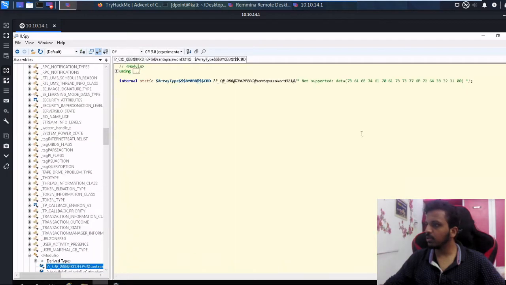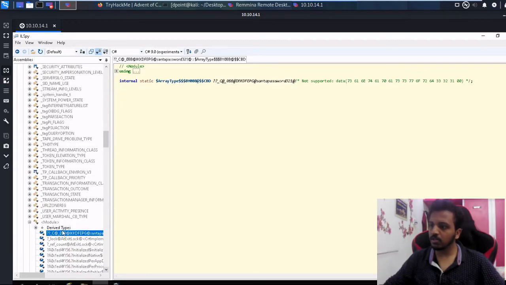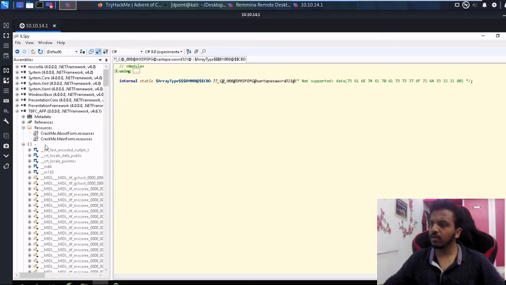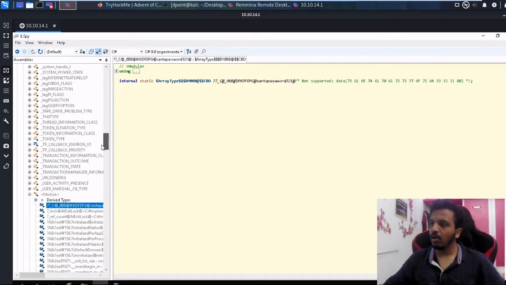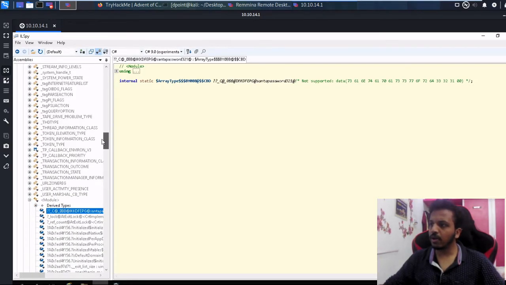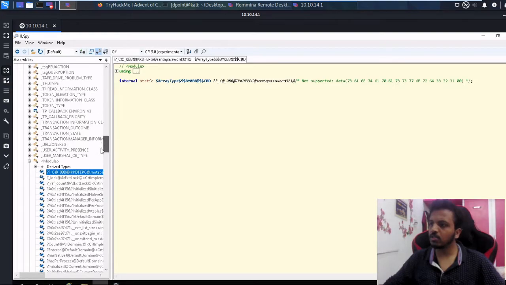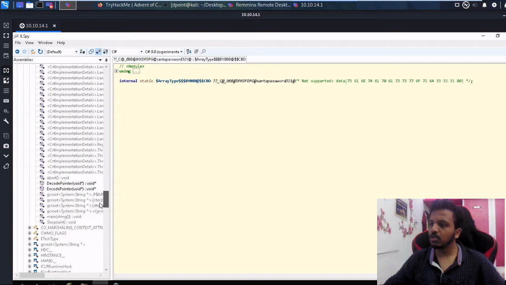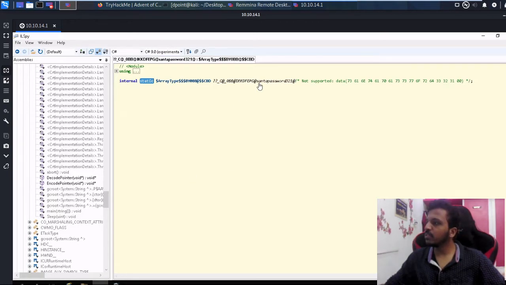So let's open this, and it is taking us to some different place, a module, and these modules are part of an empty reference. Okay, so this might be some kind of hidden stuff. Process, token, callback, evaluations, priorities. Okay, so these are some hidden resources. Now we can see that this is something called static. Now if we see that we have